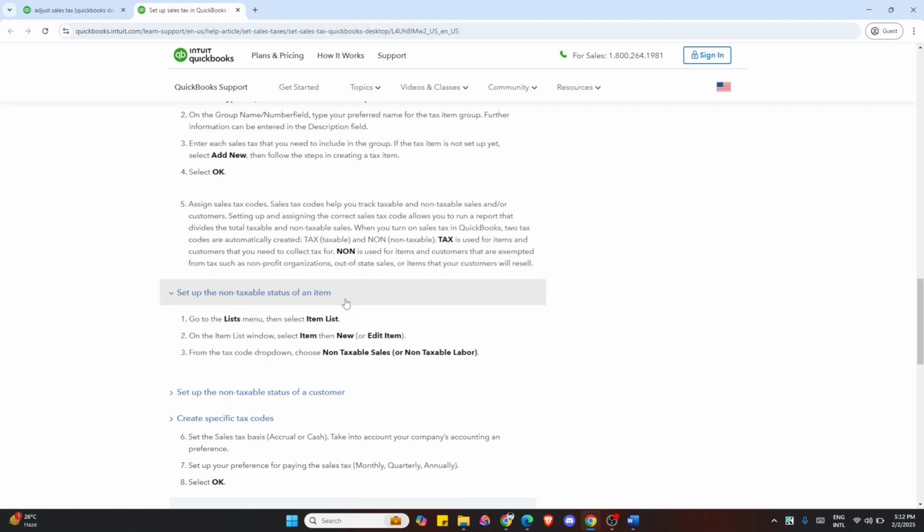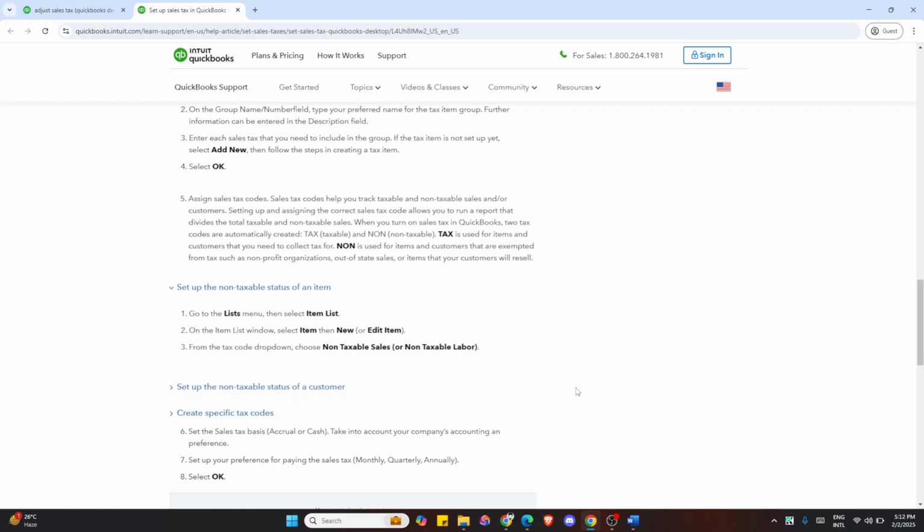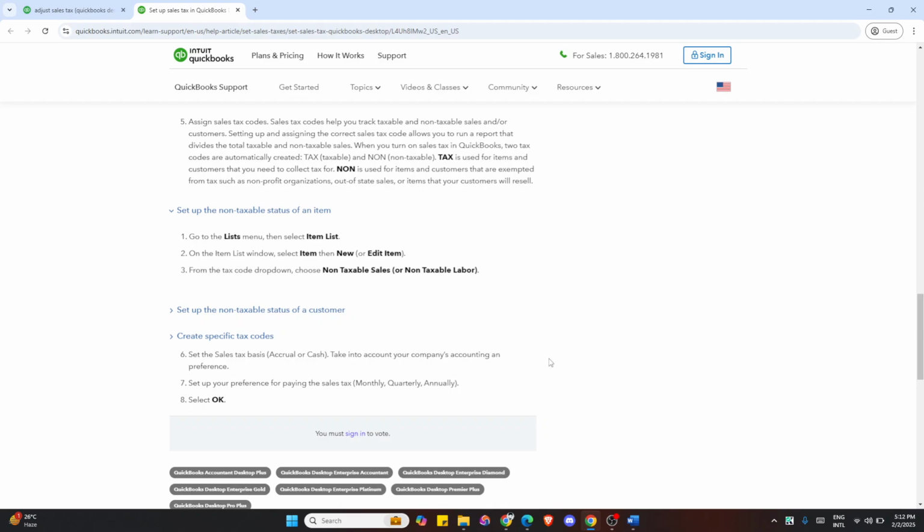Now, to ensure everything is accurate, run a sales tax liability report. Go to the Reports section and select Vendors and Payables, and choose Sales Tax Liability report. This report will show you if QuickBooks is correctly calculating and tracking your sales tax and help you identify any